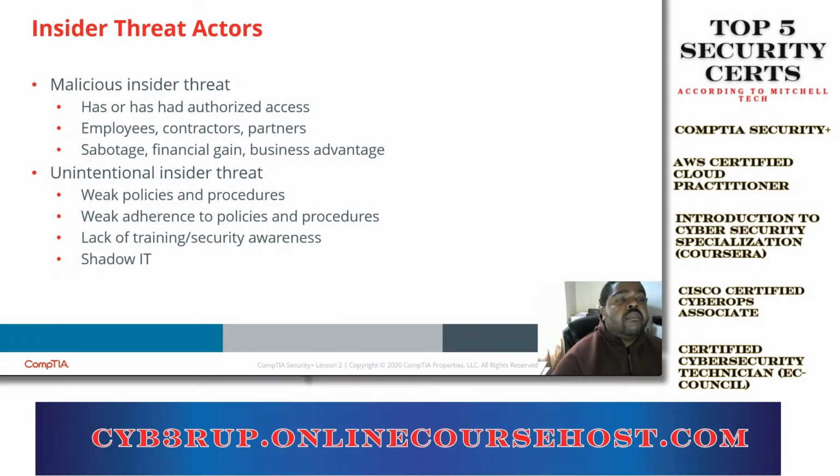Whatever they have access to, they decided to either bring it out for the public's viewing, or maybe sell it on the dark web, whatever they decide to do. And they don't necessarily have a reason why. Well, I can't say that. There's no particular reason why you would create an insider threat, but it does happen,